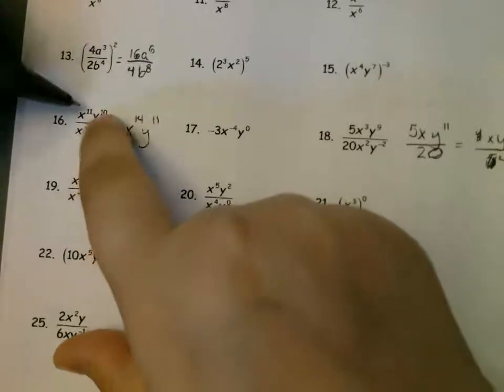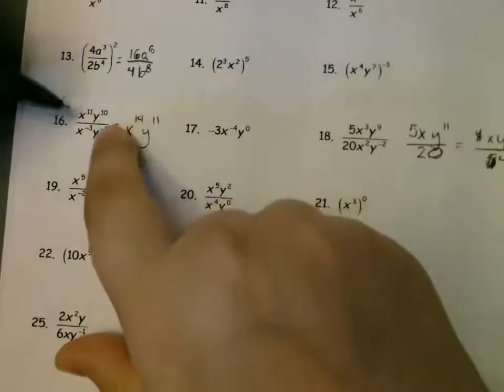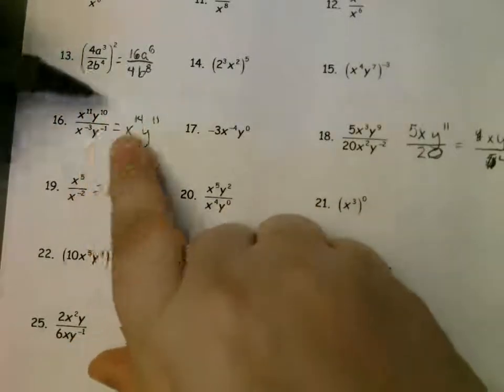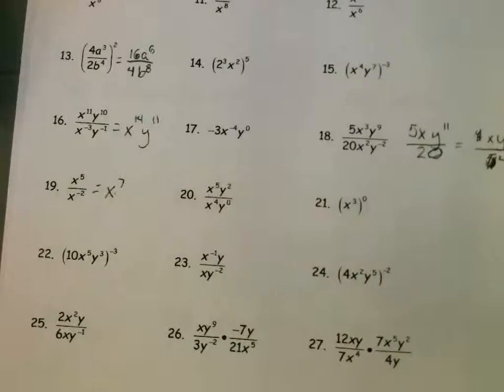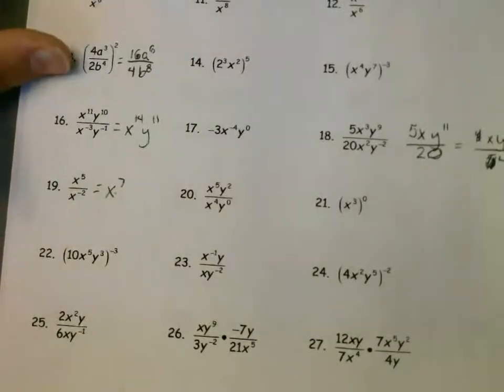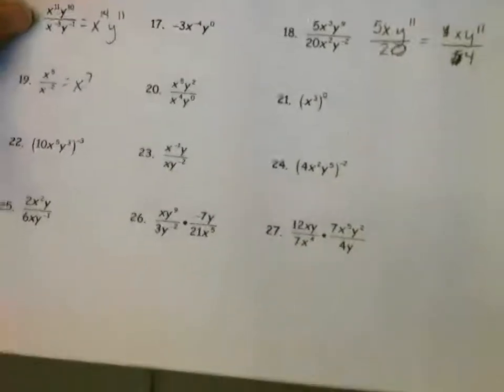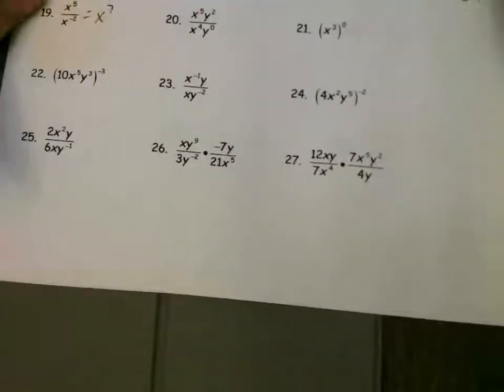X to the power of 11 times x to the power of 3. Add them together, x to the power of 14. I just think that it's easier sometimes to think about this as working with integers because that's something you already know and understand. Now, let's look at the very bottom because I think that's probably where we looked at and